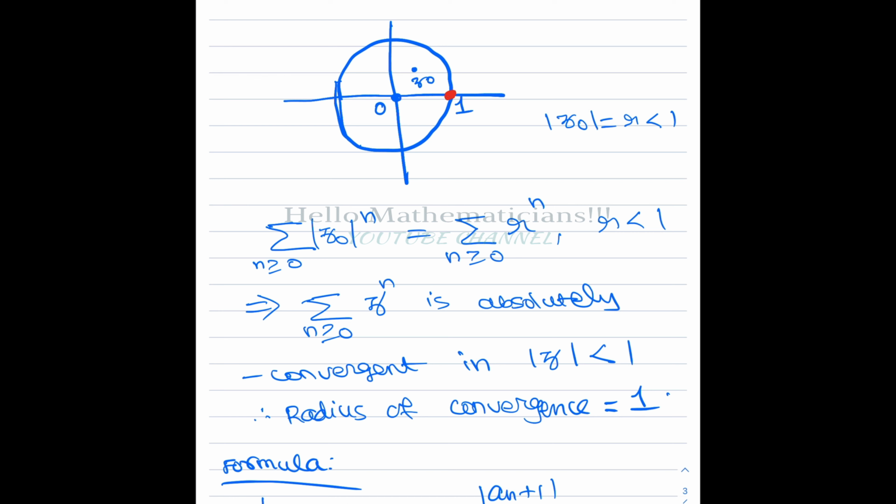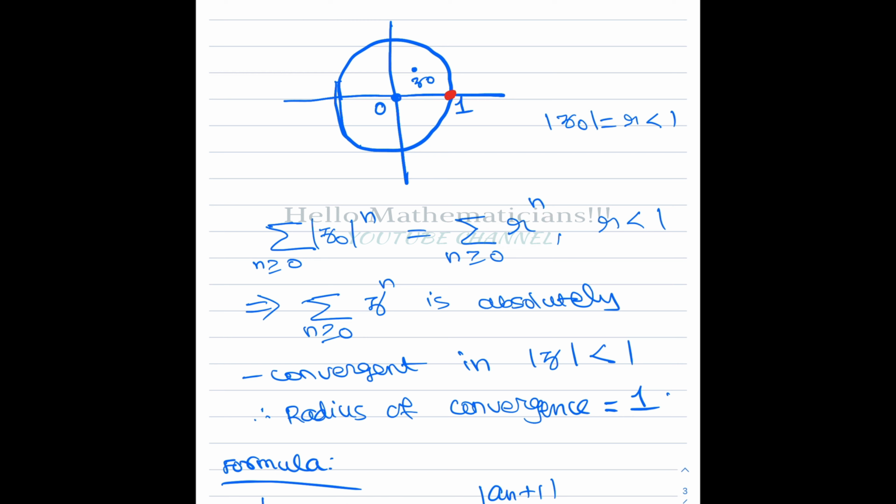absolutely convergent in this disk, because absolutely convergent means that you have to take modulus, and in this disk means that you have to take an arbitrary point in this disk. I have taken z naught arbitrary. Absolute convergence means you have to take the modulus and check whether it is convergent or not. So I take modulus and I look at the power series, I get a geometric series. This geometric series is convergent whenever the modulus of r is less than 1.